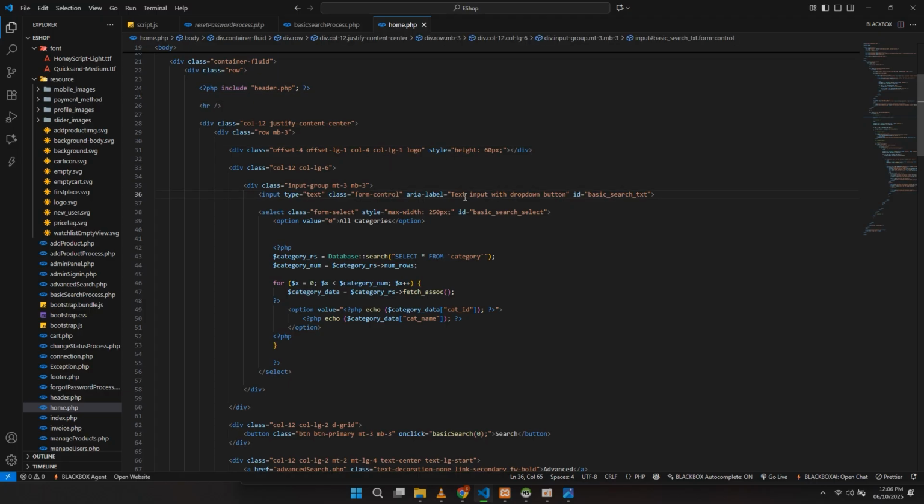The main part is the input group, which contains two elements, a text field and a drop-down. The text input with ID basic_search_txt lets users enter the product name or keyword. Next to it, there is a drop-down list populated dynamically using PHP. Here the PHP